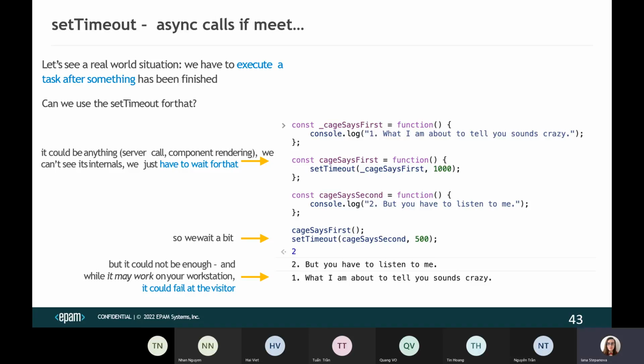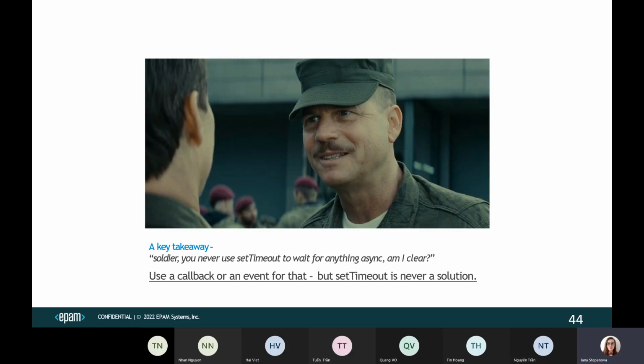So we wait for a bit, but it could not be enough. And while it may work on our workstation, it may fail on another machine. So what is happening here? It is happening because in the event loop, we are managing several things at the same time. So we are managing the tasks, the microtasks, and also the request animation frame function. So we are managing the render. And you cannot be sure that set timeout will be run exactly one